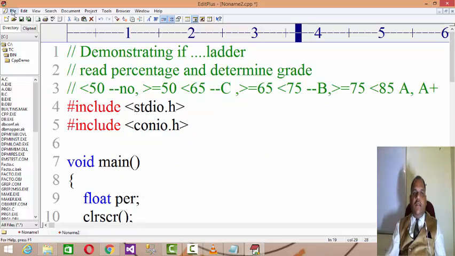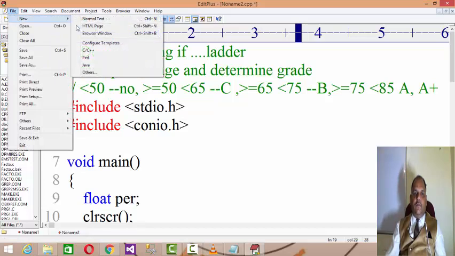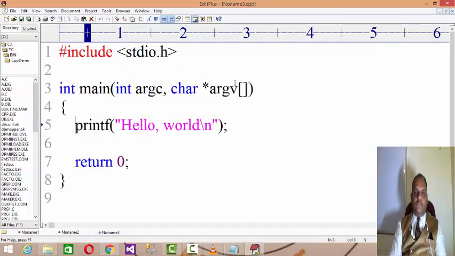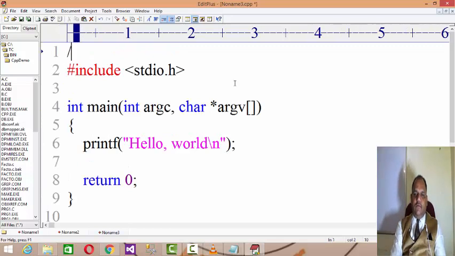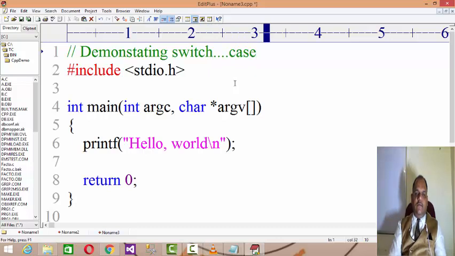Right? Then the next thing we need to demonstrate is the switch case. Demonstrating switch case. Right?